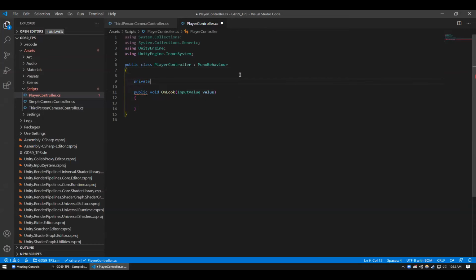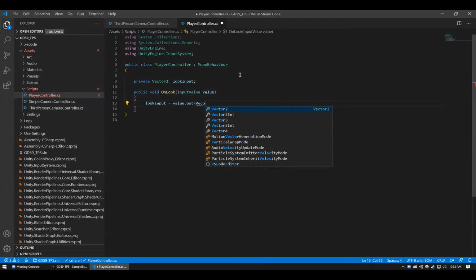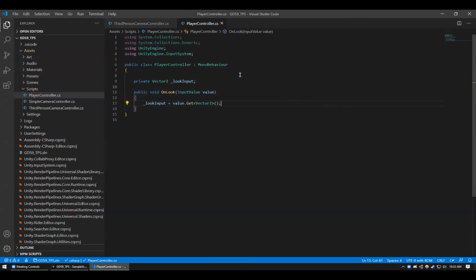I'm going to create a private vector2, and I'll call this lookInput. And all we're going to do in this function is we're going to set our lookInput